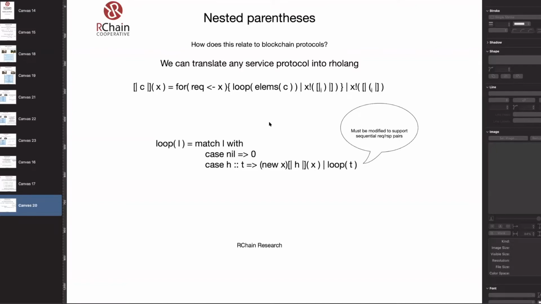Yes. Okay. And now if there are some elements inside, that means that the list decomposes into a head and a tail. And so we want to prevent any stomping on each other's messages, right? So we make a new, fresh channel. We translate the head, and that will give you your corresponding send, and then you loop on T. So that will take care of all the elements of T, right? And that's it. There's nothing else to it.